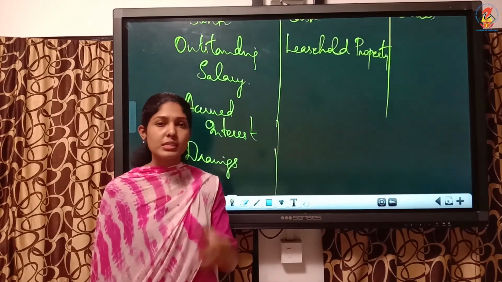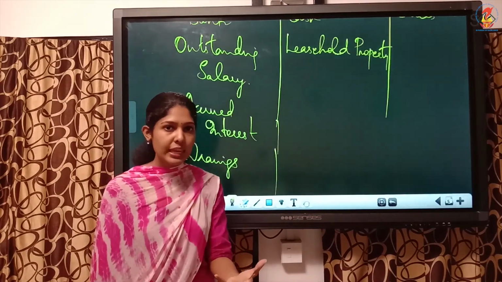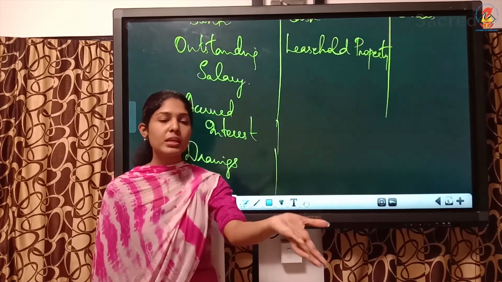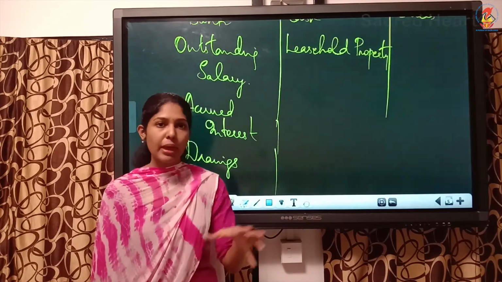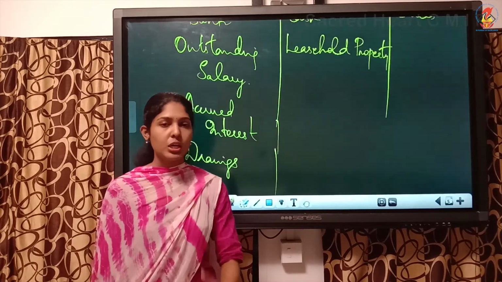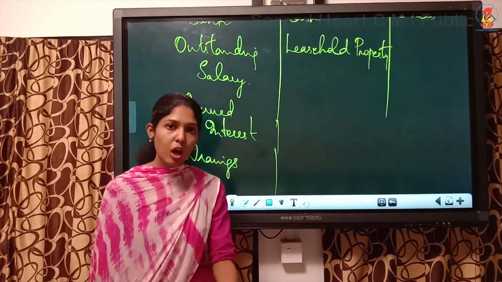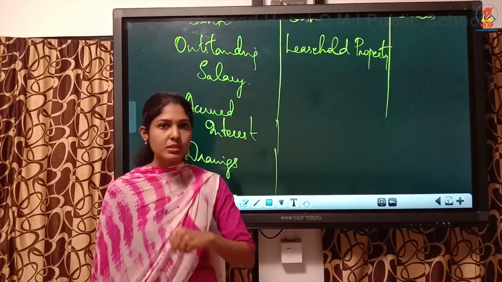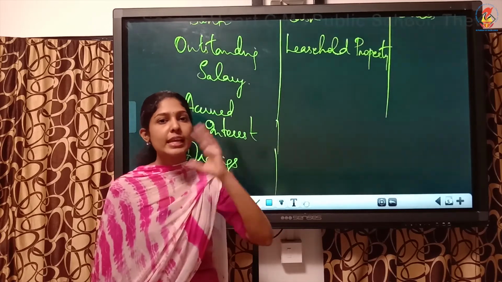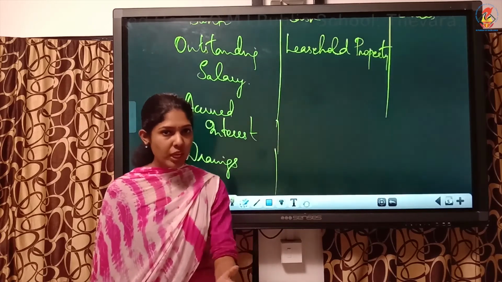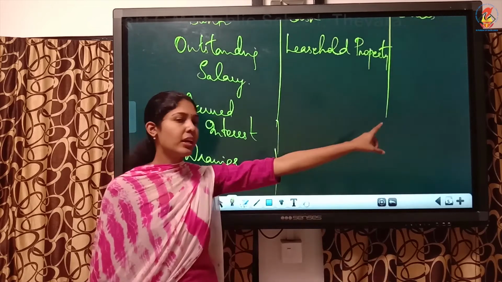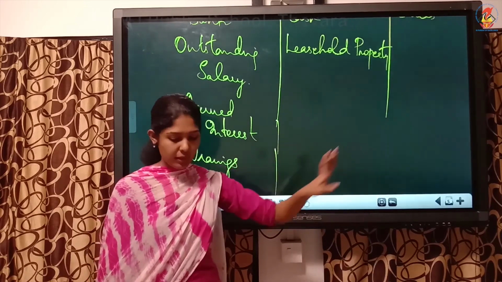Then purchases. What did we discuss about sales? Selling something means you are getting in return some amount. That is an income for you. Purchasing means it will be the opposite. Purchasing something means you are paying for that. It is an expense for you. So purchases is an expense. So that also will come under nominal.